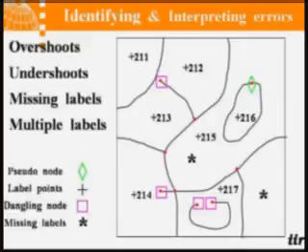So this is your map which is digitized. Each map when you digitize, you also give an identifying attribute. You are giving an identity for each polygon. So this is 211, 212, 213, 15, 16, and so on. So what is happening is you have some of the errors like an overshoot, undershoot, missing labels, multiple labels.